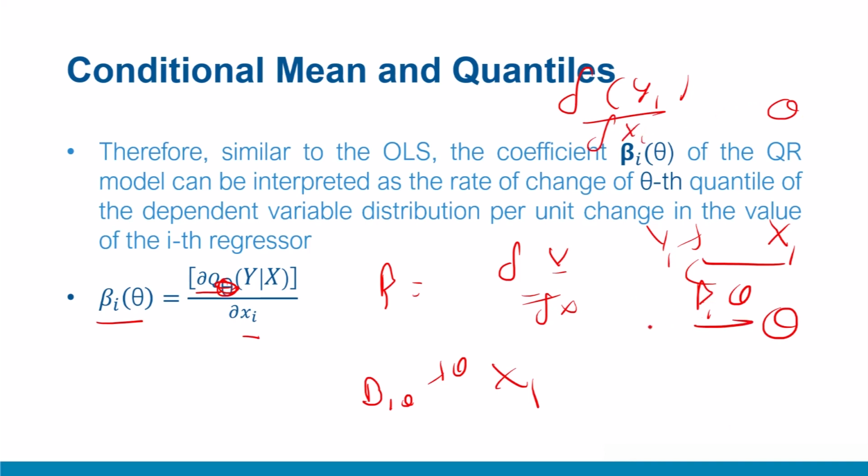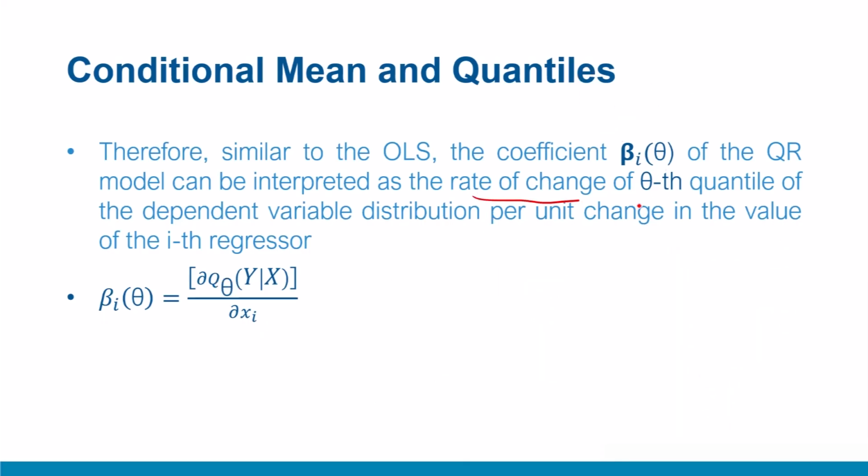So beta 1 theta is the change in variable y per unit change in the regressor xi captured by beta i theta. So the rate of change interpretation remains. That interpretation is retained, similar to regression, only that now it is quantile specific as well. Earlier it was the same across the entire distribution because it was representing the mean, but now it is representing that particular quantile-specific coefficient, for the thetath quantile, but that rate of change remains still.